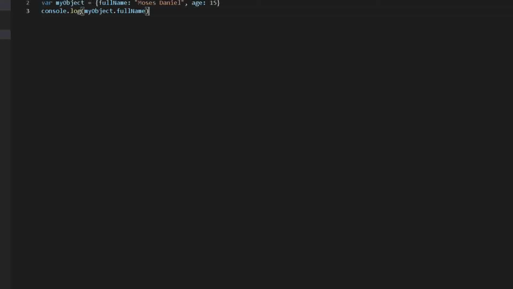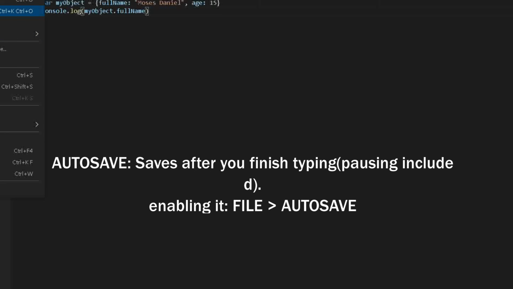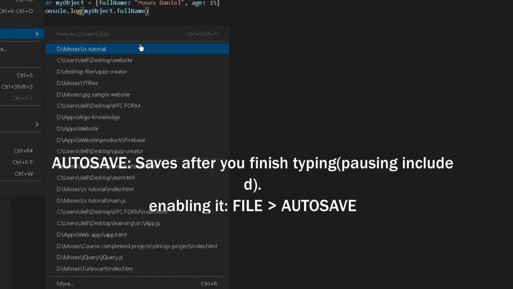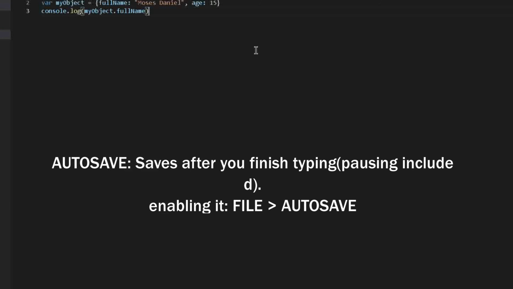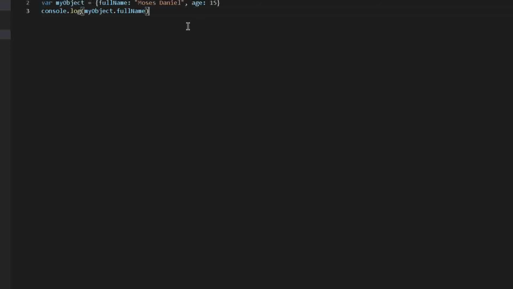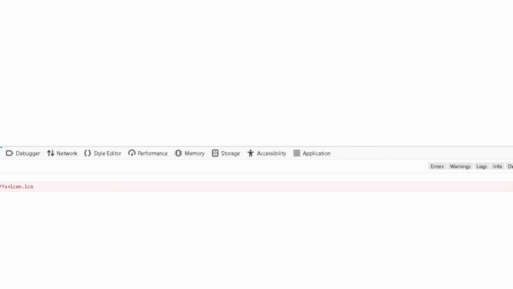Not immediately after each character, guys; after 1 second the file is automatically saved, or after you finish typing.